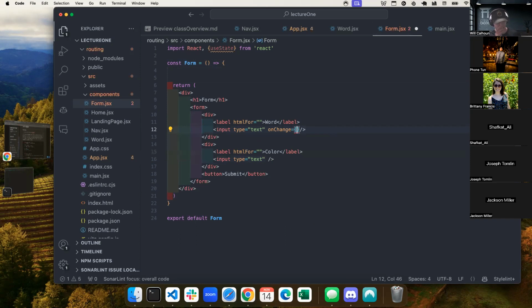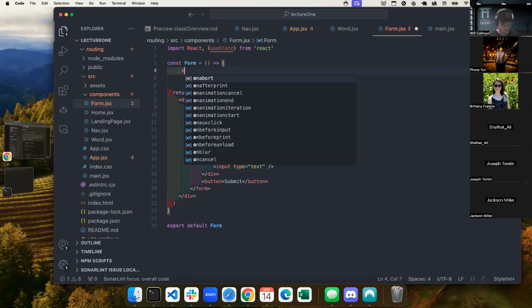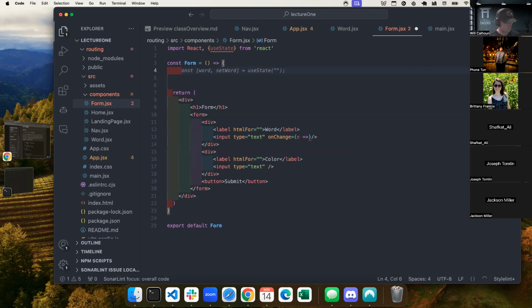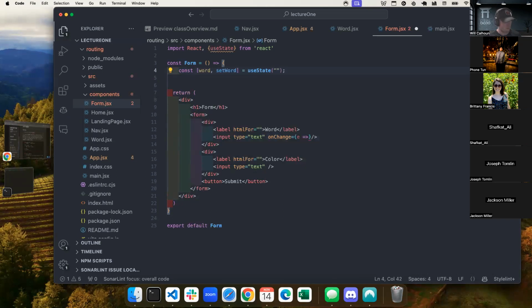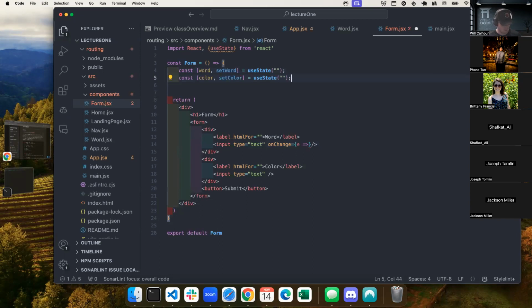Because this is so easy, it's just a simple thing, we're just going to say e. And then we're going to need some state. So first off, I'm going to say const word, setWord and const color, setColor.